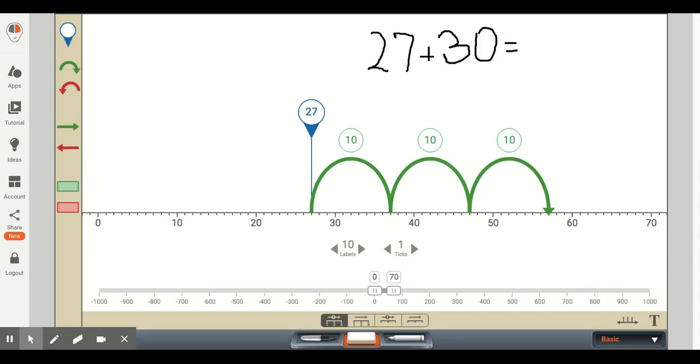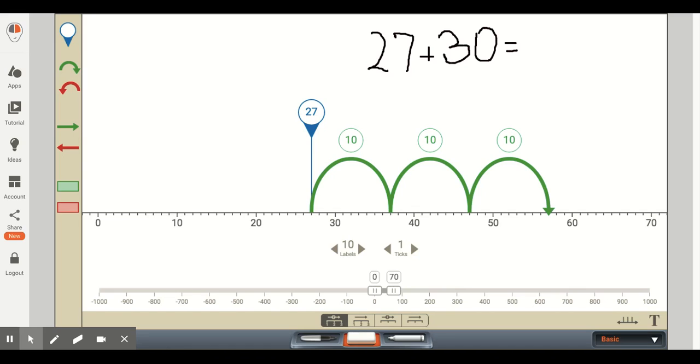So, using this knowledge of knowing how much 10 more than a number is, a first grader could now use a number line to add a two-digit number to a multiple of 10. In our example here, 27 plus 30, our first grader should recognize that 30 means three tens. So we can set up a number line. We can start at 27 and then we can add 3 tens.